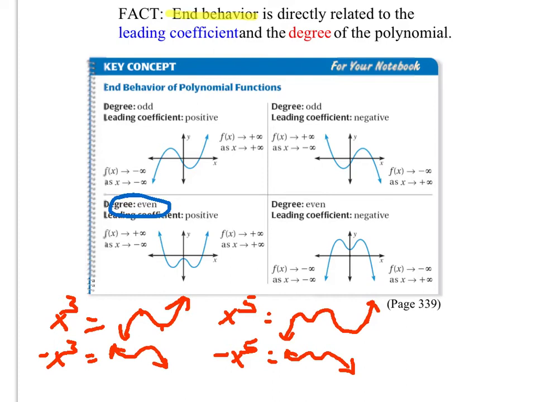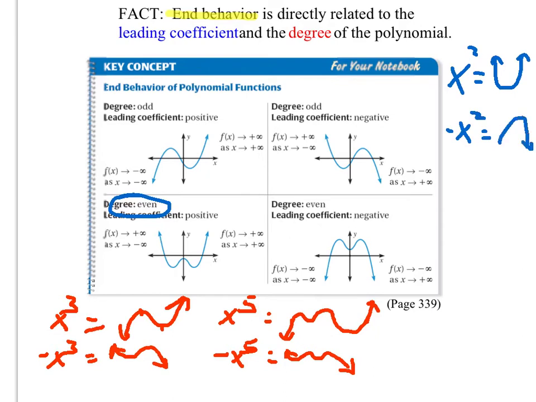And if the leading coefficient is positive, both ends are up, it'll open up. If the leading coefficient is negative, both ends will open down. So again, if we just try to remember what happens with a positive x squared, it looks something like that. And if it's negative,